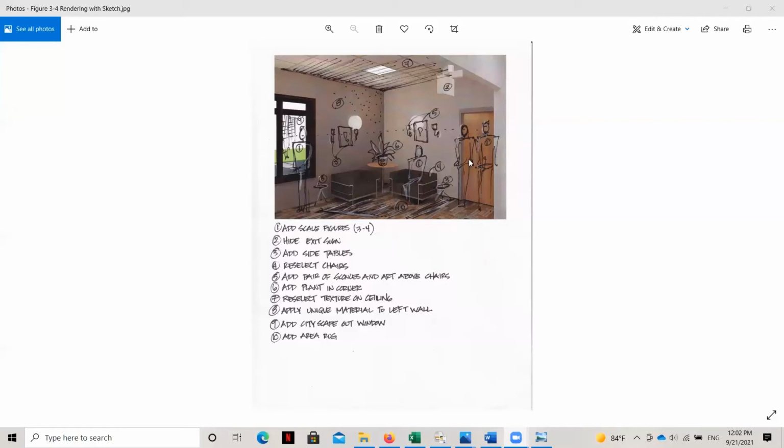The next thing that you can see that reflects good graphics and good rendering skills and reflects the laws of perspective is this idea of shade and shadow. Now, here in this perspective, you can see that there's some dark elements and some light elements. And so it got a little difficult for me to just use a black pen because, for example, the black lines over here on this black chair got a little bit hard to read. The shoulder of this scale figure, when I first drew it in black over the dark trim of this window, was really hard to see.